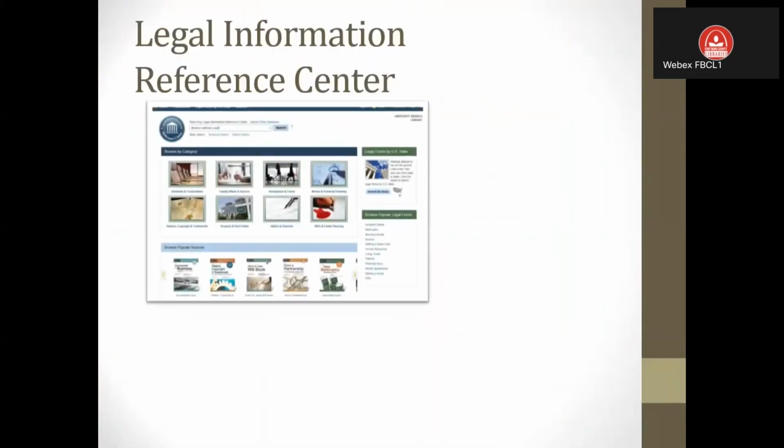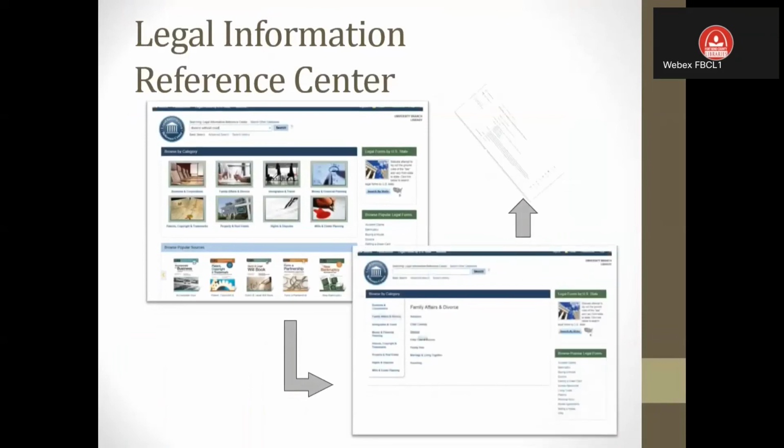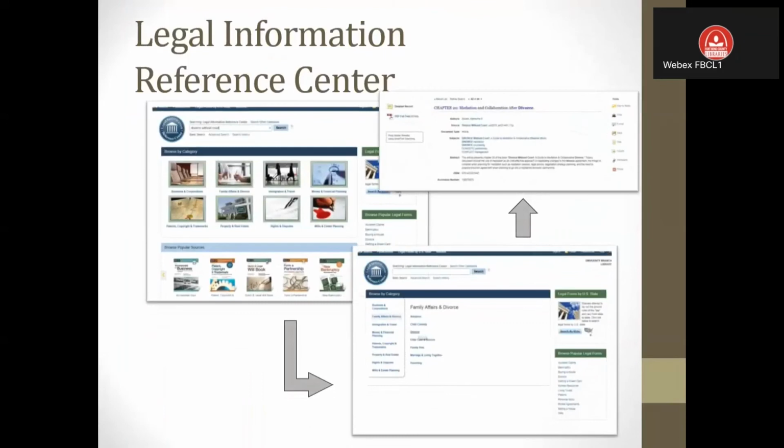Legal Information Reference Center, going back to our Nolo books, this is where you can get access to them all as ebooks. And it's got some additional American Bar Association guides that are pretty helpful. Again, these are all broken up by topic. You can also search for them, by topic, by subject, by title of the book. So let's say you went to the library and you couldn't get a particular general informational guide like Represent Yourself in Court. You can find them online through our Legal Information Reference Center. Now, these only download in PDF, so you're not going to get any forms in Word, but you can start downloading some of these if you didn't get access to them while you were in the library.